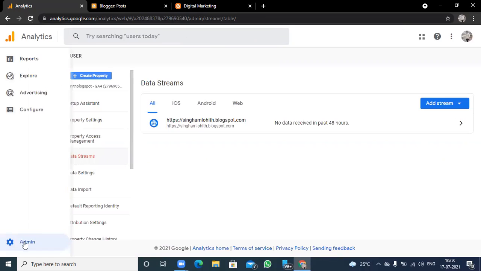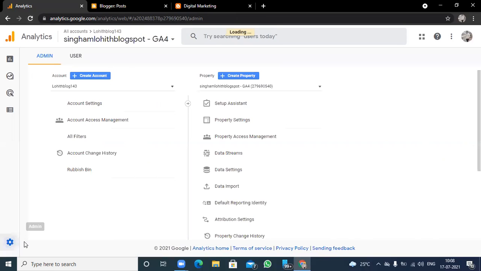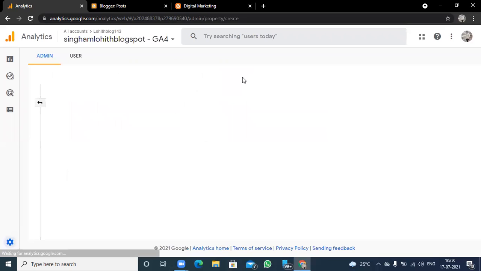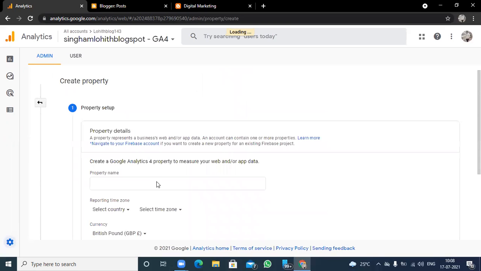Now I'm going to the admin option. Now again I'm going to click on create a property. I'm going to enter my property name as Louis admin. In the meanwhile, you need to click on